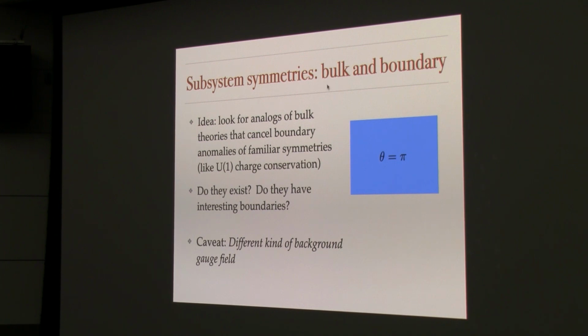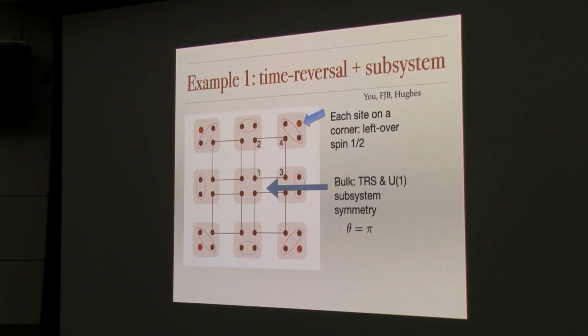So what I'm going to do is just give a qualitative sketch of what kinds of boundary states, what kinds of protected boundaries you can get in models with subsystem symmetry. And the basic idea is exactly the same as I mentioned at the beginning with this anomaly inflow: given your symmetry, what kinds of bulk theories can we have, what kinds of boundary theories can we have, and how can those cancel each other out? Okay. And so let me just list a few examples.